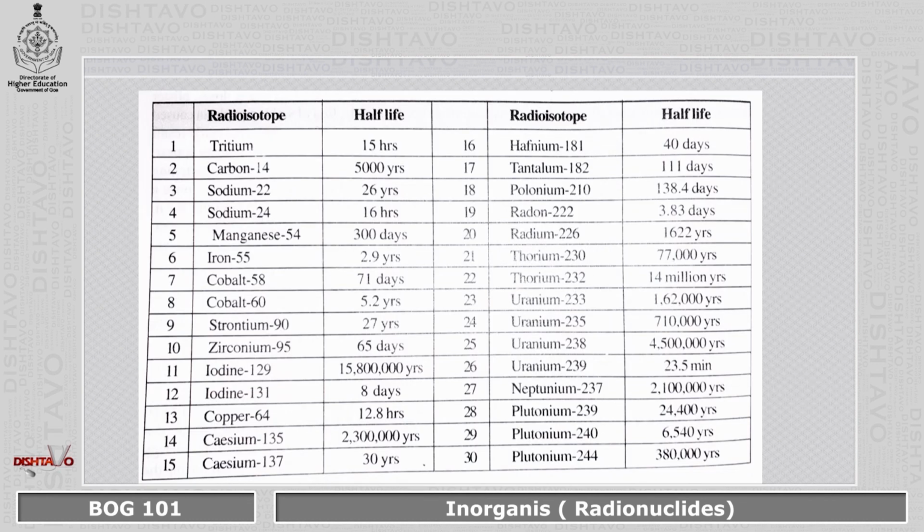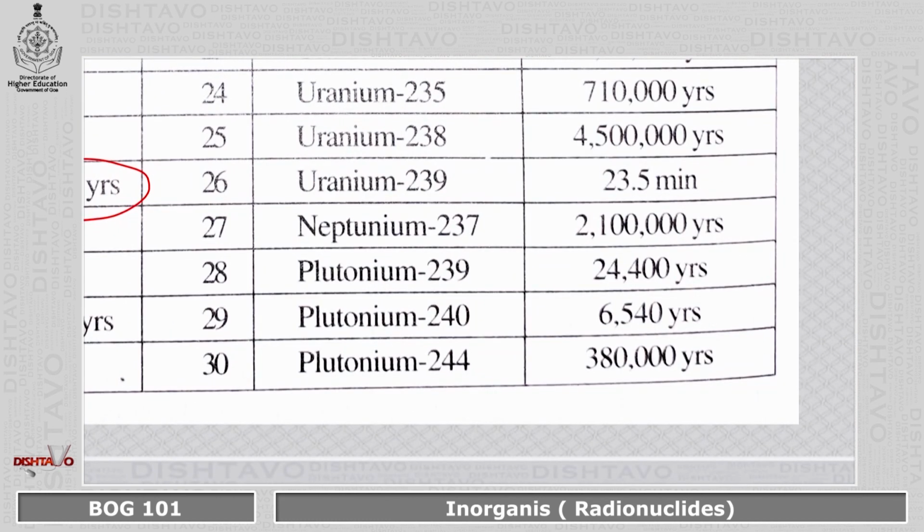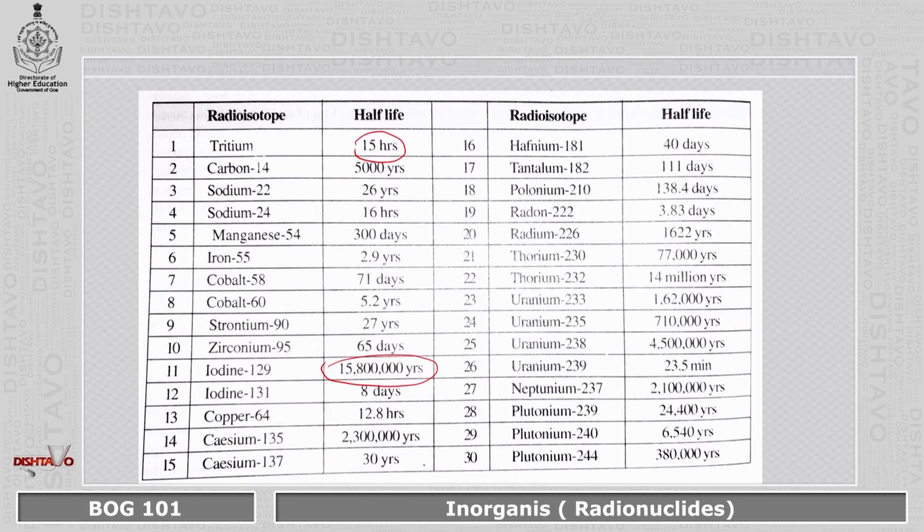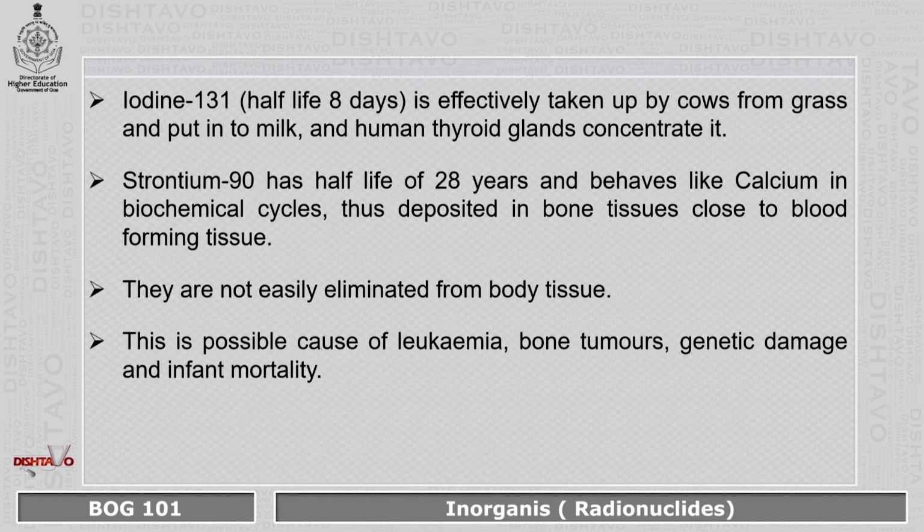These are some of the radioisotopes discovered, and you can observe that half life ranges from 15 hours to many thousands and lakhs of years. So these radioisotopes produced in a nuclear reactor should be stored in a safe place for that many years. They either are buried inside the ocean, inside the floors, or stored in artificial containment zones.